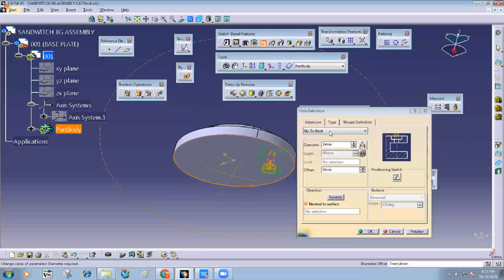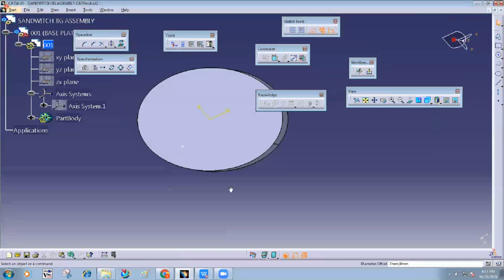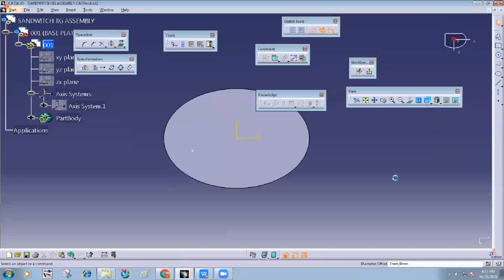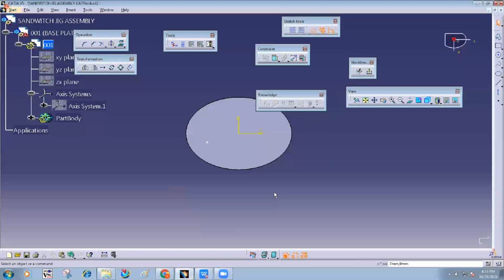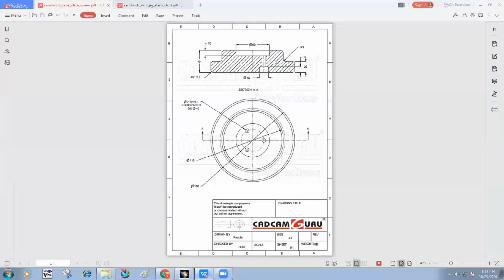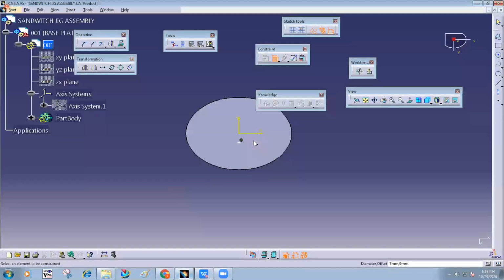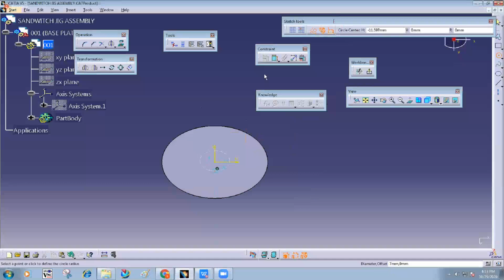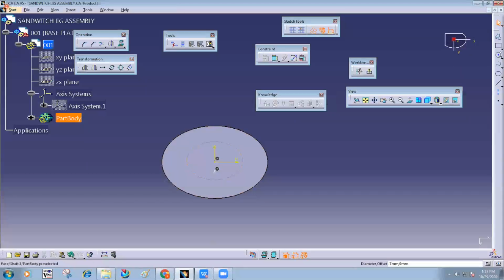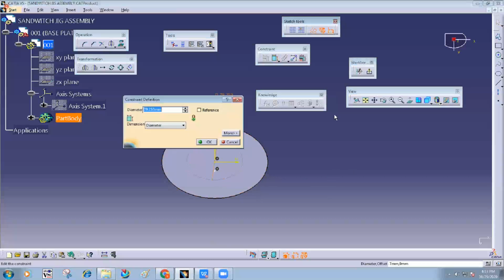Now define its location. Go to this position sketch. Constrain this vertical axis and this point should be coincident, and the distance between this to this, the PCD, is 40, no? So I draw the circle, which is a construction circle, and diameter is given 40 for the PCD purpose.